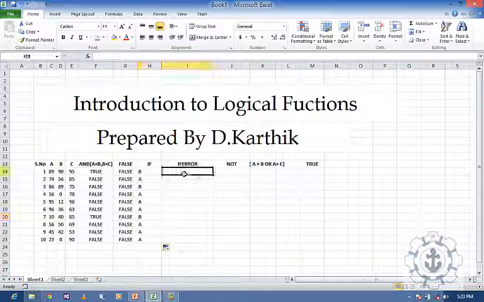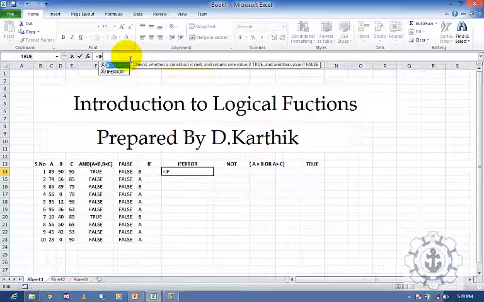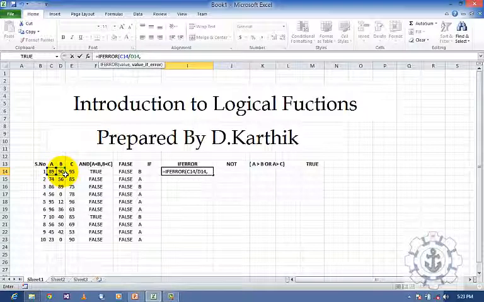And next topic is IFERROR. So go to the formula bar and type IFERROR. I'm going to use the criteria A divided by B. If there is any error, I'm going to use the message "divisible by 0".